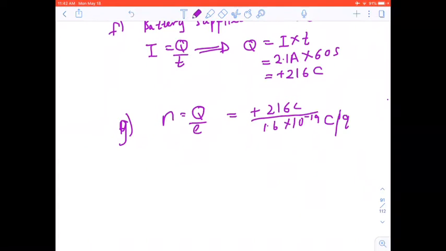So I'll just write it Q plus to denote that it's plus charges that are moving. And since we're talking of that, that gives us